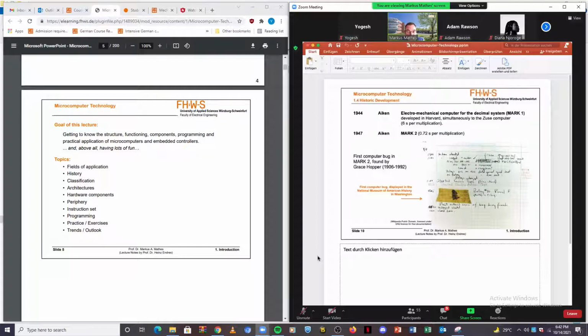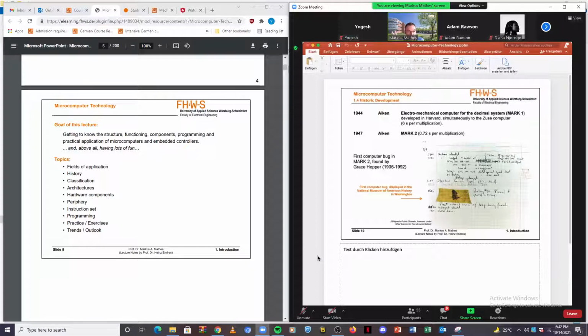So 1947, we have the Mark II. And please note here the gain of performance between Mark I and Mark II. Because the Mark I needs 6 seconds per multiplication, Mark II 0.7 seconds. So we have a real performance boost within only 3 years. And we will see in a few minutes